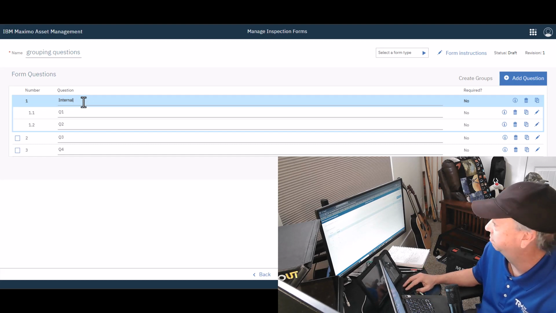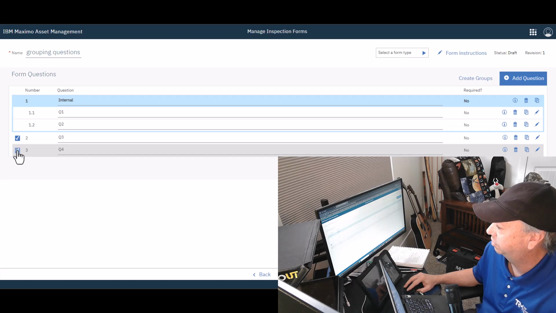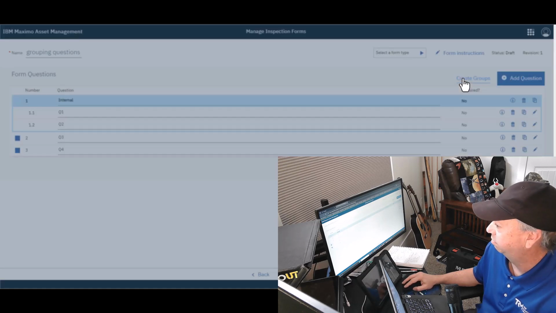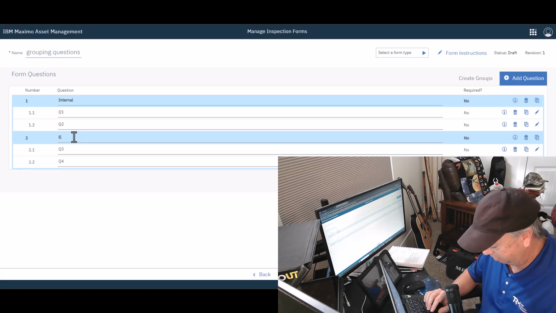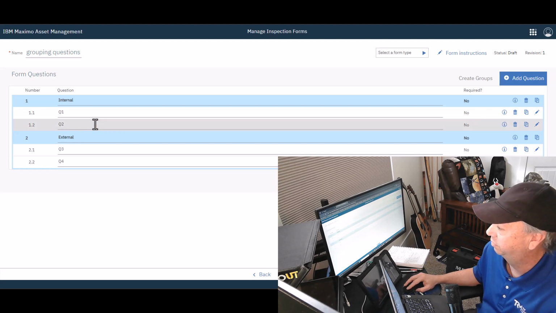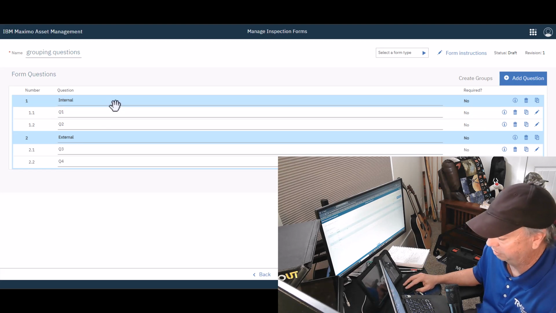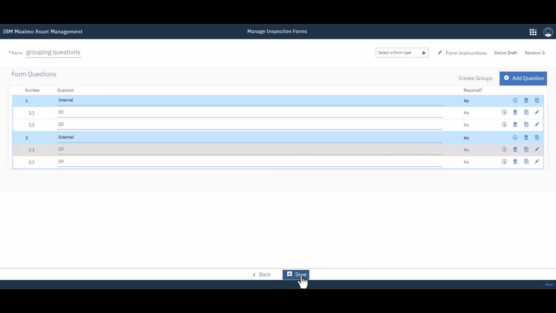Okay, that's done. And then I'm going to come down here to the next 2 questions, and create a group down here, and we're just going to click in that, and these are going to be external. And that's really all you have to do to create those groups. Let's go see what they actually look like. So then I just come down here to Save,